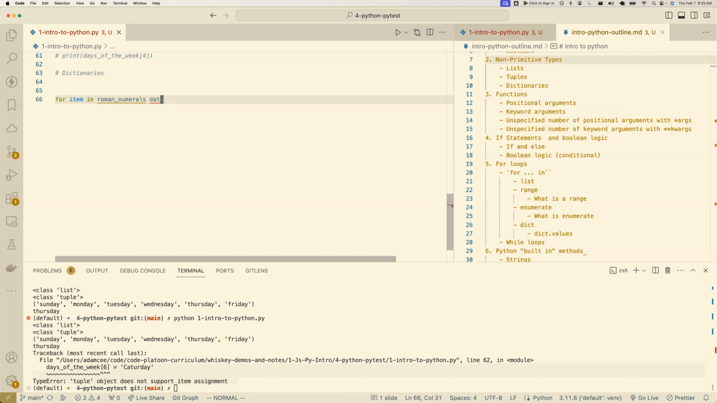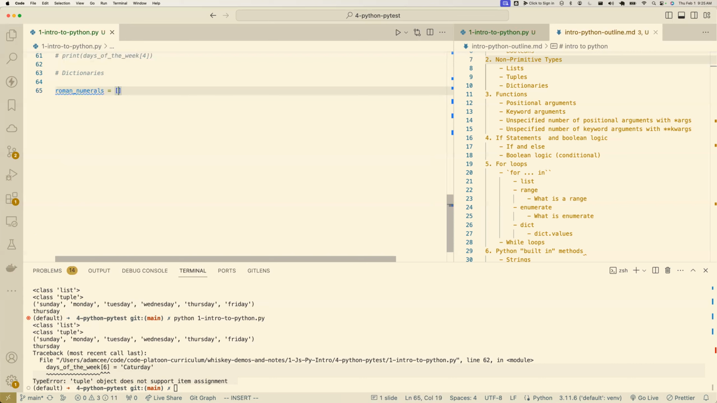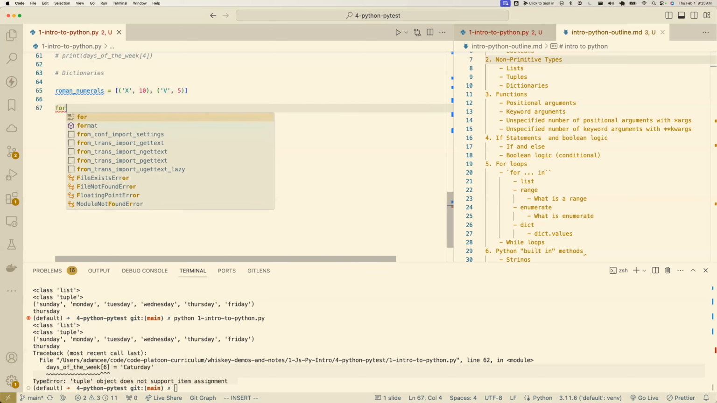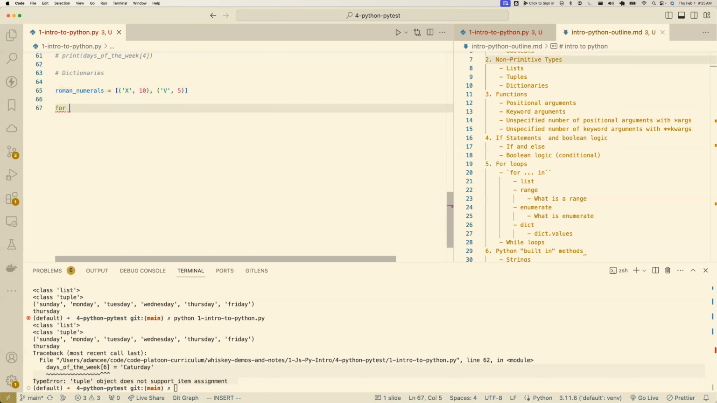The Roman numerals actually is a great example of when you might have used a tuple, right? Instead of a JavaScript object, you could have some tuples in a list. You know, you could have done Roman numerals list, x10, v5 etc. And then there's always like when you're in a for loop,